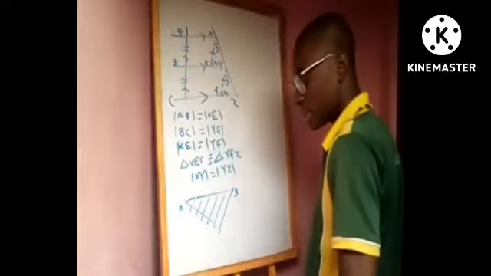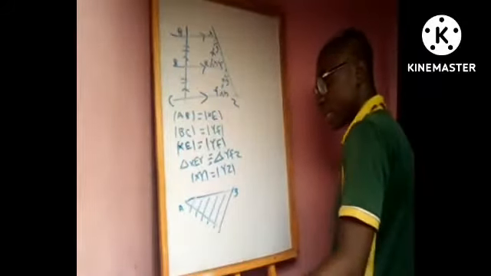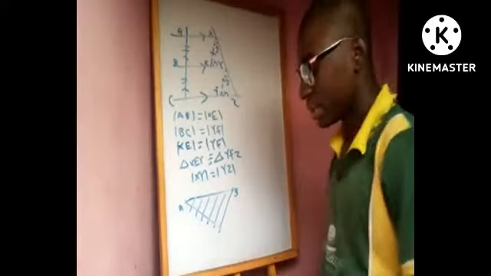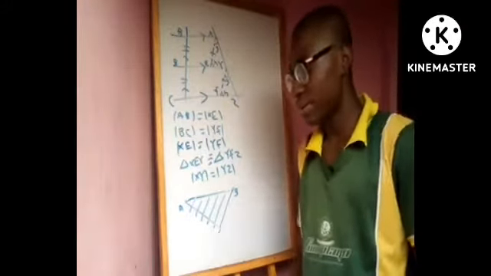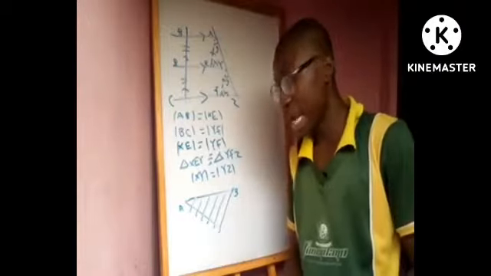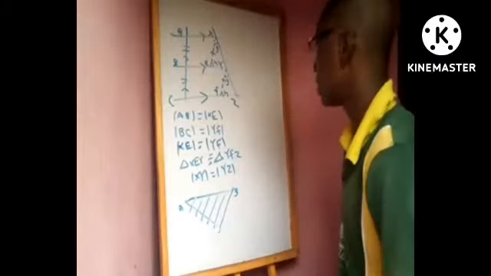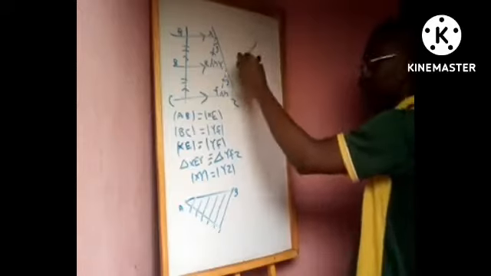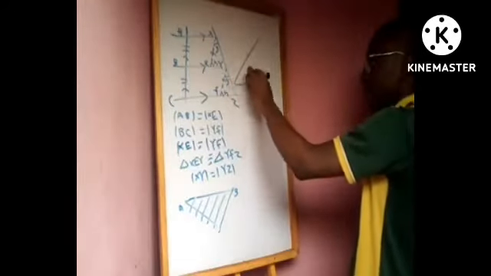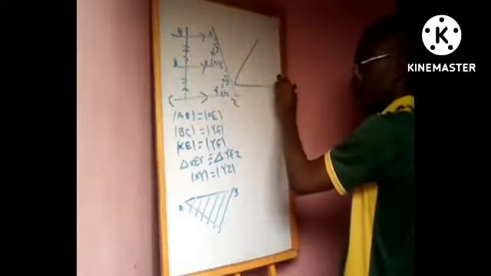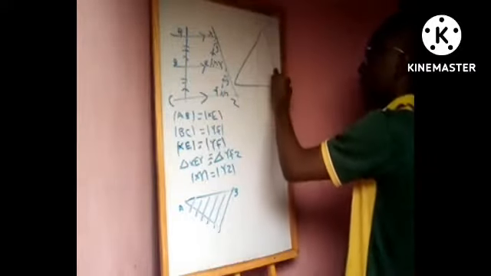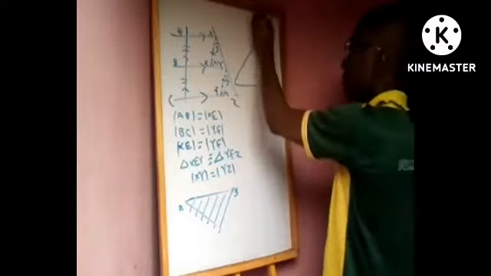But now let's talk about another theorem. Let me prove another theorem here. This next theorem states that a line drawn parallel to one side of a triangle divides the other 2 sides in the same ratio. So what we are trying to say here is that if we have a triangle ABC,